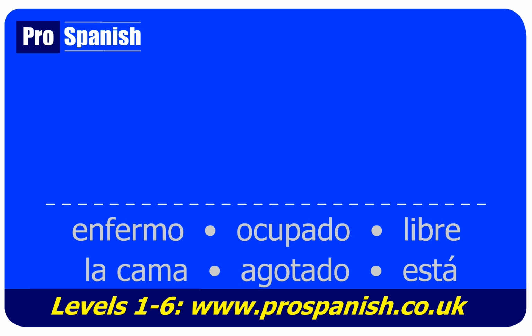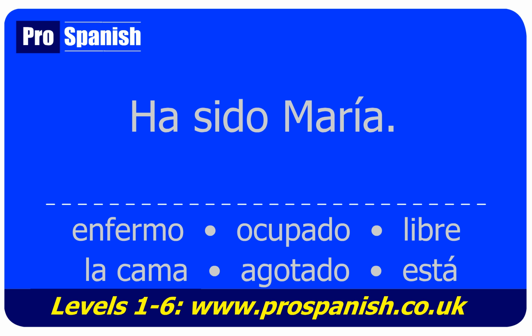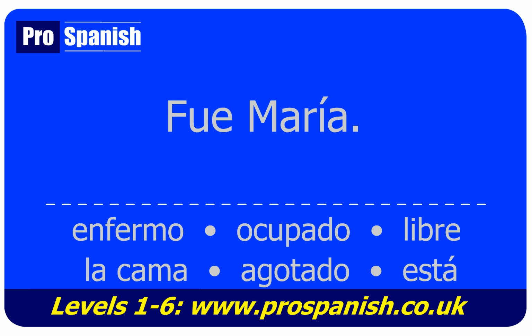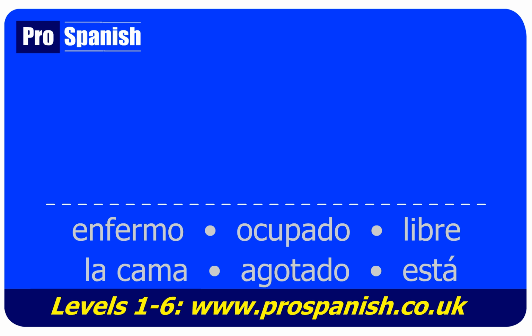How about in the classroom and somebody's talking when they shouldn't be, and the teacher asks, who was it? And they say, it was Maria. What would that be in Spanish? Ha sido María. Now in Latin America, you would more likely hear an English type phrasing where they would use fue, it was. So Fue María, it was Maria. But European Spanish, ha sido, it has been.